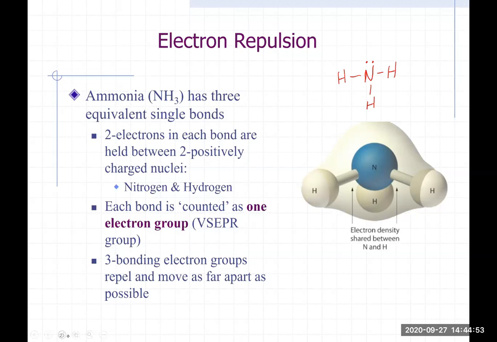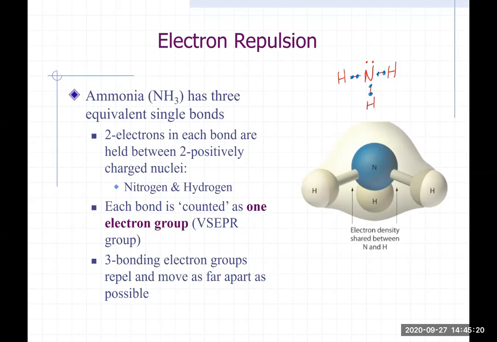What's interesting about those 2 electrons in each bond is that they're being held or tethered, if you will, between 2 positively charged nuclei, between the hydrogen nucleus and the nitrogen nucleus. So those positively charged nuclei flanking either side of those electrons are holding them in place much more